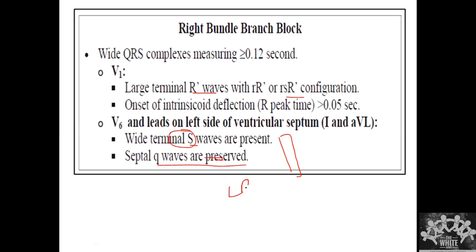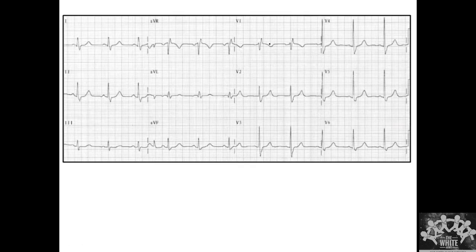Whereas if you take a left bundle branch block, the initial septum has to activate from left to right, but then there is no left-sided bundle at all. So you won't get a Q wave here, but this is the direction that is going to be activated, so you will get an R wave here, and here we'll get a Q wave. It will be opposite. So that is about RBBB. Clear? We'll see all those features now.